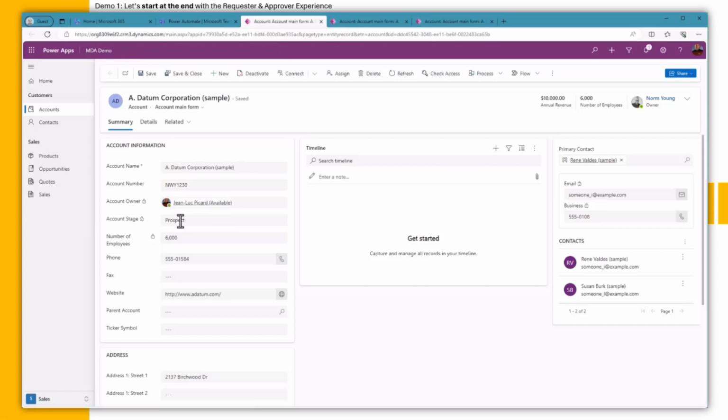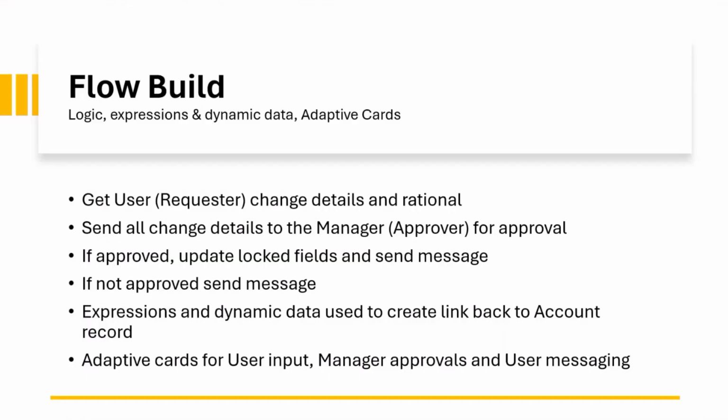So in the previous working scenario, this would have been emails requesting approval, approving or rejecting, and then asking someone with the right permissions to make the change. So now this is happening in one more streamlined, almost seamless experience where we're removing some of those manual steps out of the way. And so what did that flow look like behind the scenes